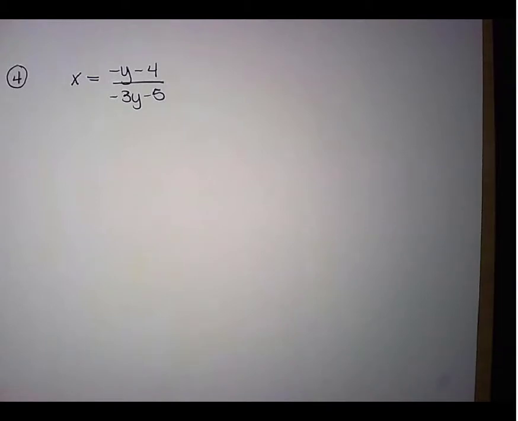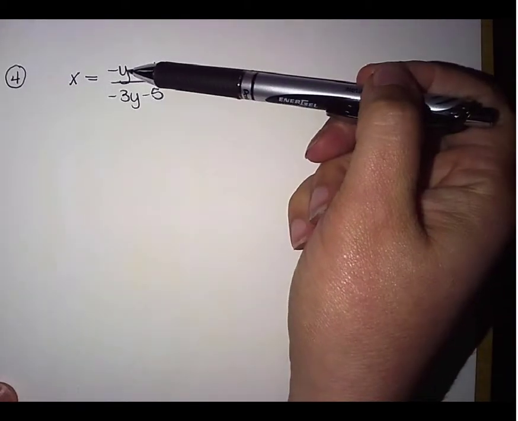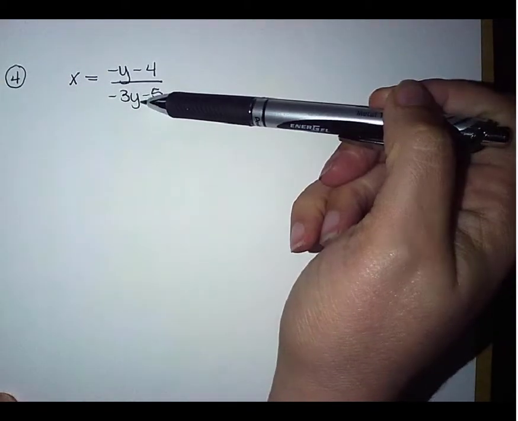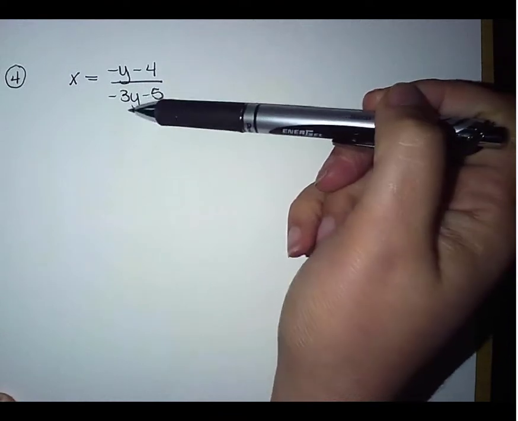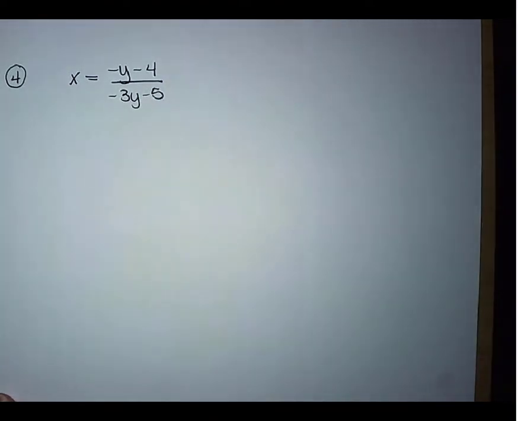Okay, so question number 4. Obviously it has some similarities to the last two, but it definitely does have some differences because you have a y both in the numerator and the denominator of your fraction. So we're going to have to use a little bit of a different technique once we get rid of this fraction to solve this. But the first thing we're going to do is